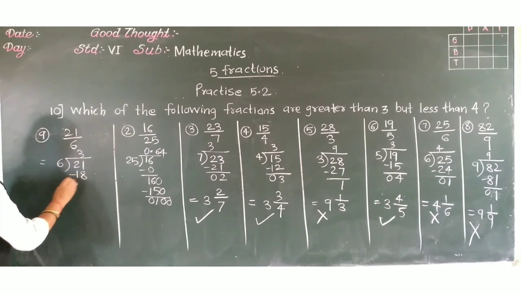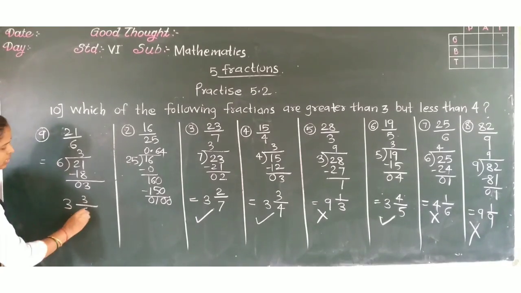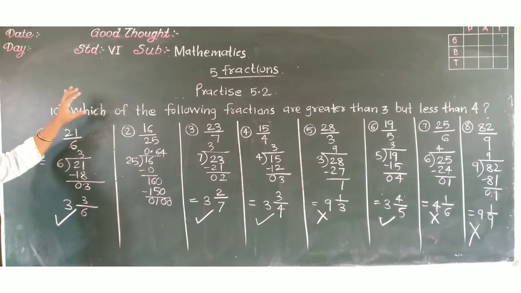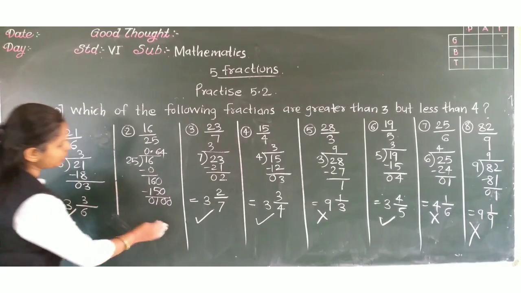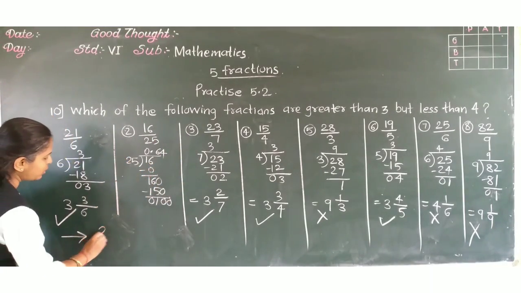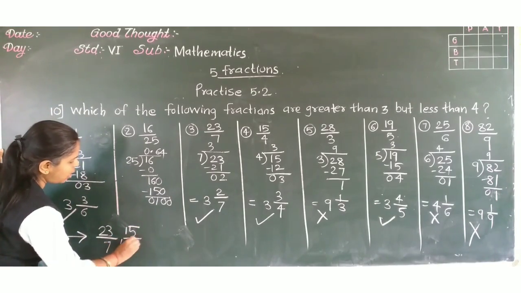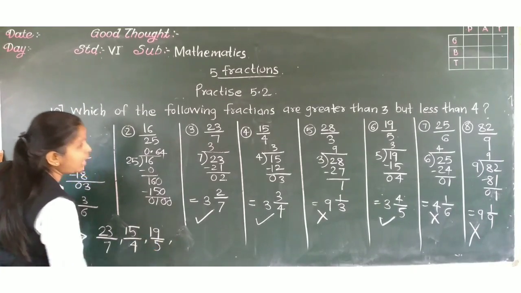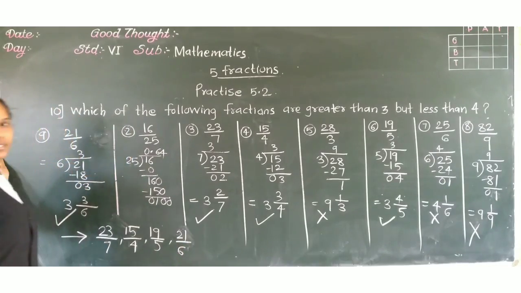6 3s are 18. And here 3. Correct? So how to write that? 3 and 3 upon 6. So yes, this is greater than 3. See, but it is less than 4. So which of the following fractions are greater than 3? We will write the answer. How to write? See. Which fractions? First one is 23 upon 7. Then 15 upon 4. After that 19 upon 5. And then 21 upon 6. Okay, these fractions are greater